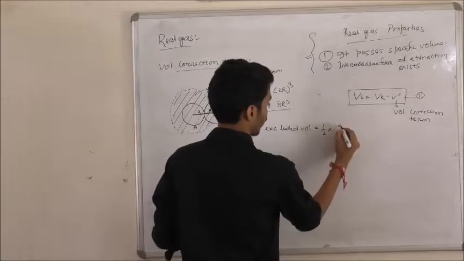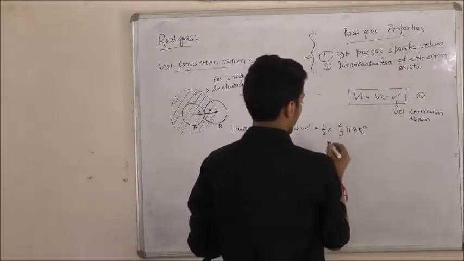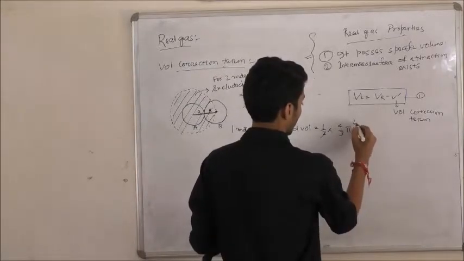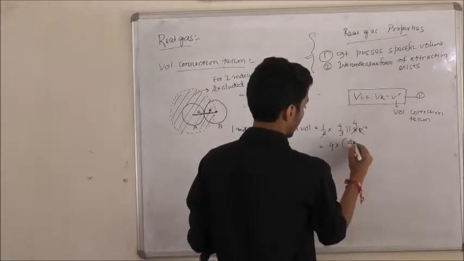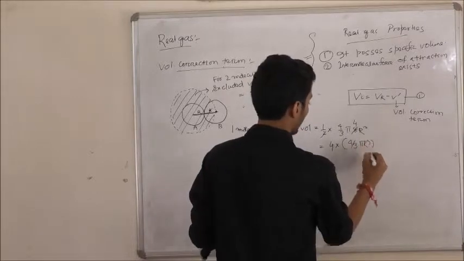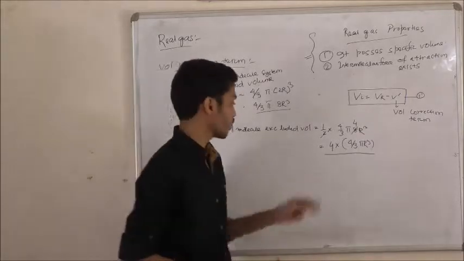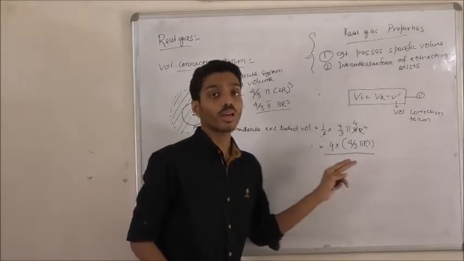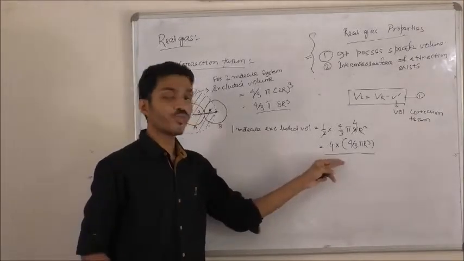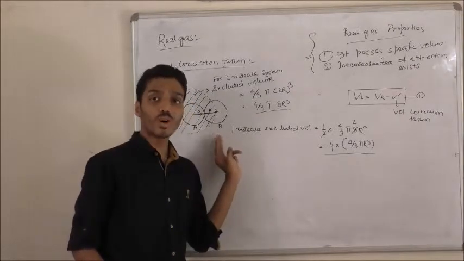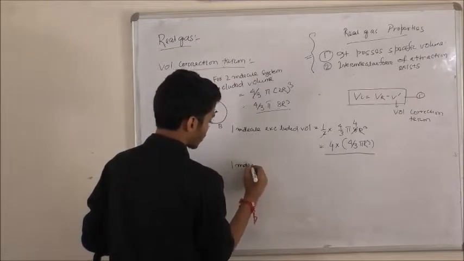Half of 4/3 pi 8 r cube. So we divide this, and it will be like 4 into 4/3 pi r cube. I rearranged it, and what I found is that for one molecule, the excluded volume is 4 times the volume of a gas molecule of radius R. Then for 1 mole of gas,